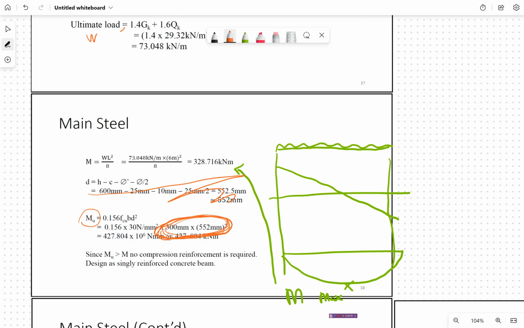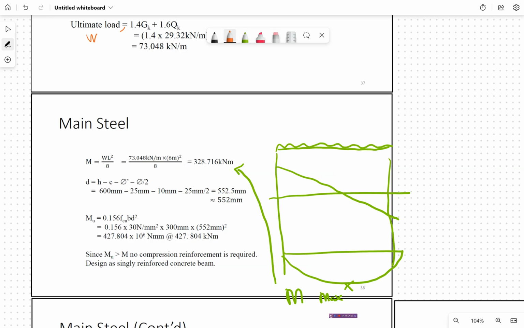Kalau M lebih besar dari MU, meaning that load yang ditransfer ke beam, beam tu kena carry load yang lagi banyak daripada apa yang dia boleh resist. Okay. Jadi kalau terlebih, kita kena provide something else lah. Macam tu. Okay, tapi in order untuk kira this MU, we need to look at the formula here, which